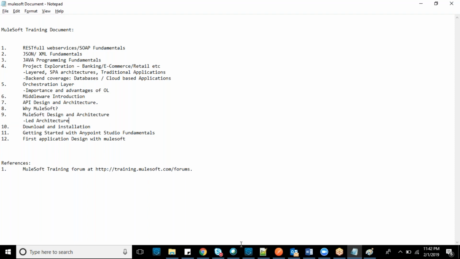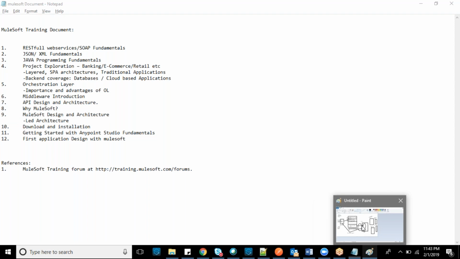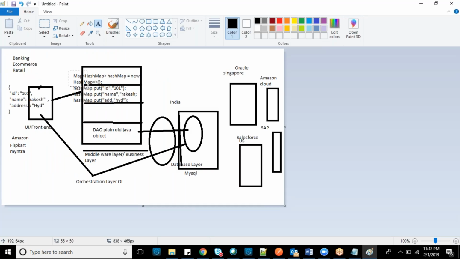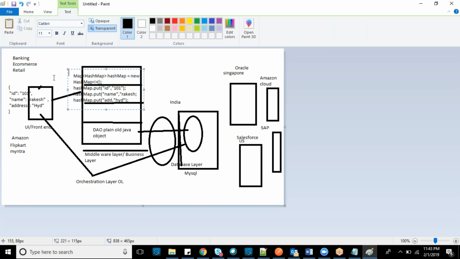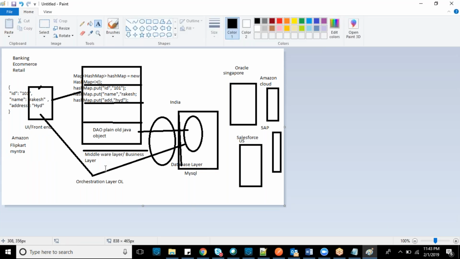MuleSoft design and architecture, API-led architecture. That is somewhat advanced, because you cannot understand it if I say it in brief. You got to know why MuleSoft will be used in our application. When the complexity increases and the interaction is with more than 2 or 3 databases and third-party services, MuleSoft will be best suited. Do you got the point?